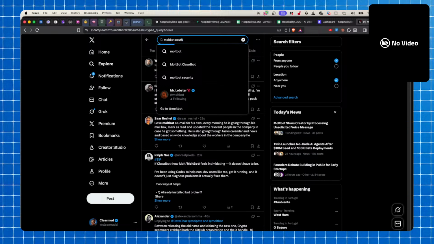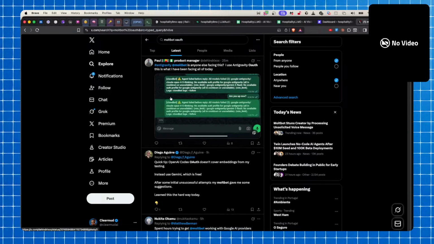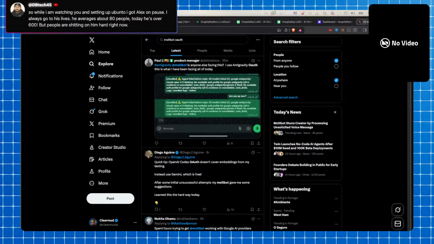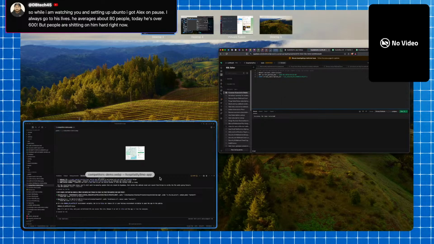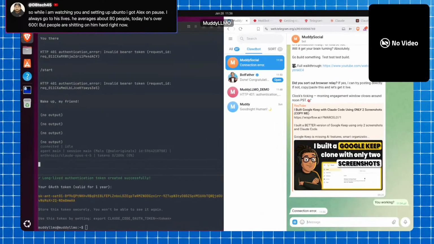Moltbot OAuth. Oh, that's wild. Dang, he got a spike. Why are they shitting on him? Are they just against Moltbot? I'm like, now my other Moltbot isn't working, and I had that tied to,